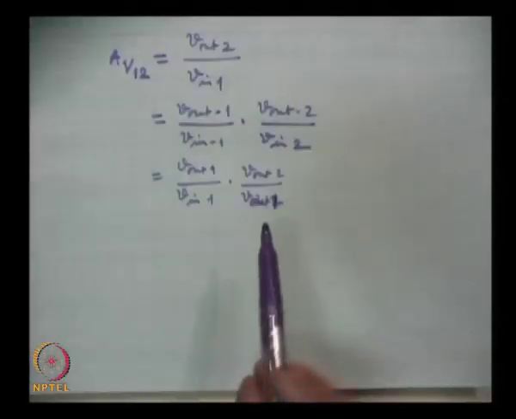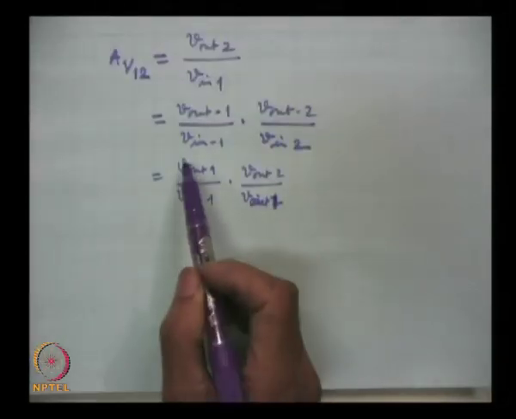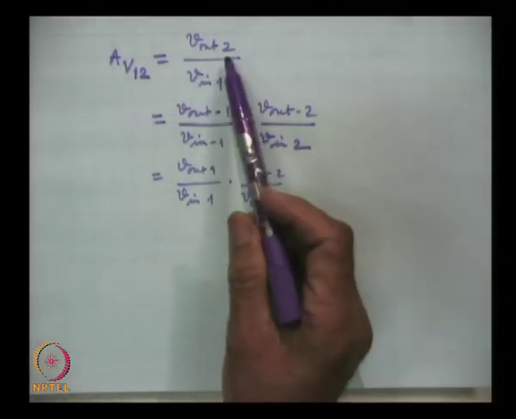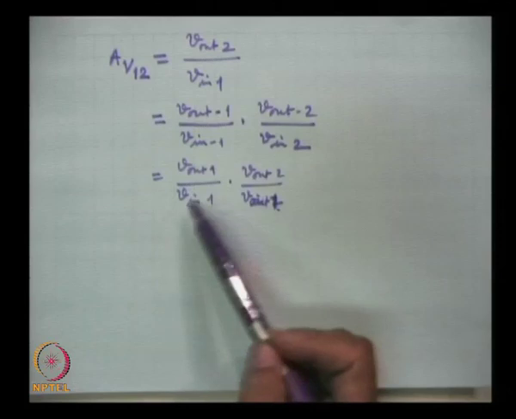So, V in 2 I have written as V out 1. So, this cancels out and we are left with V out 2 by V in 1,